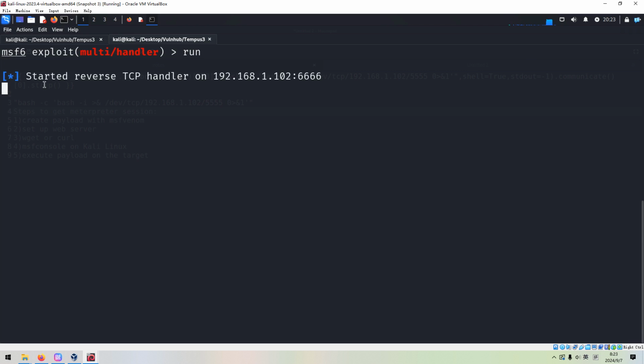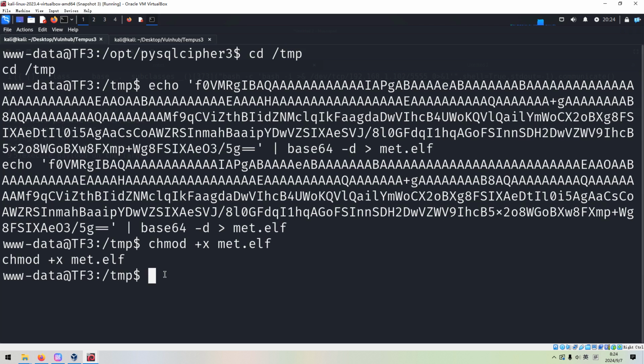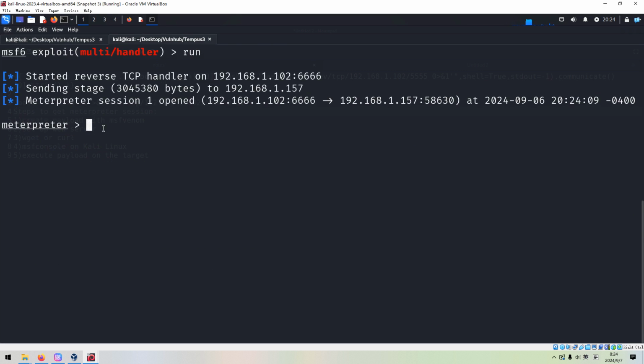And as you can see over here, the reverse TCP handler has started without a problem. So now we can execute this payload. As you can see, we successfully retrieved the Meterpreter session. So wonderful. And now, for example, we can do many things.